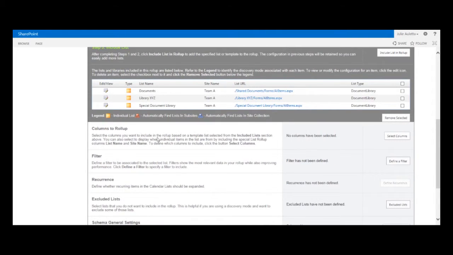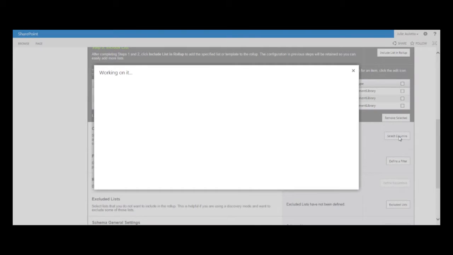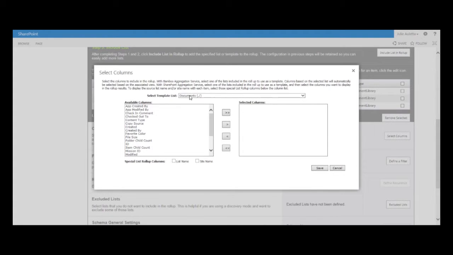The next thing I want to do is choose the columns. When I choose the columns, it's important to select at the top. I can choose any of the 3 lists, but I'm going to choose the Documents library because it has all 3 content types available. Because it has all 3 content types available, I can choose columns from all the content types. So I'm going to choose content type, I'm going to choose favorite color, I'm going to choose mission ID,